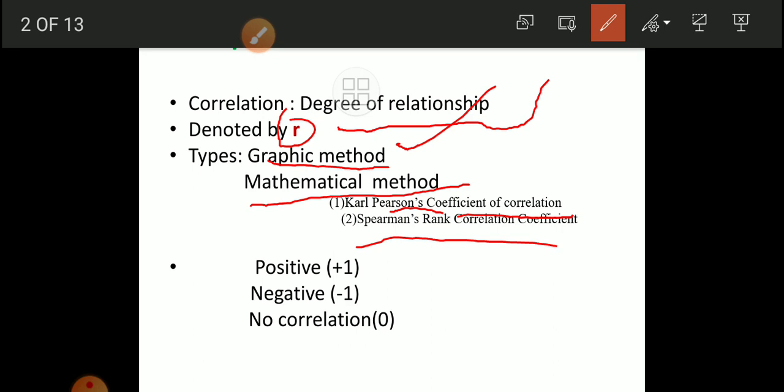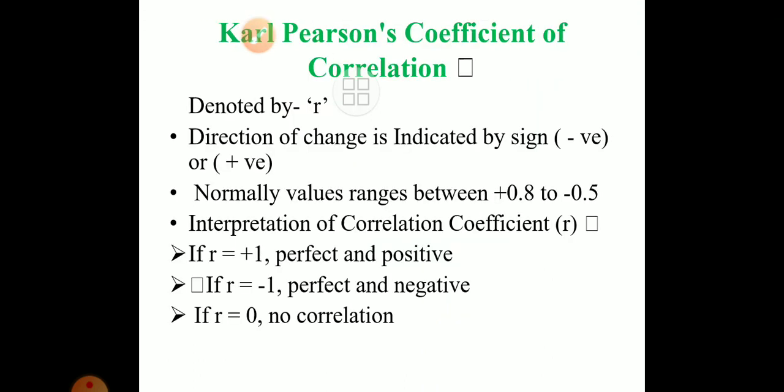Whenever the correlation is positive, as I already said to you, whenever the concentration increases, the germination percentage increases. So there is a positive correlation, then we always write plus 1. Whenever it is negative, whenever the NaCl concentration increases, the germination percentage decreases, that is negative. Suppose the NaCl concentration increases and there is no response, neither increasing nor decreasing, then that is zero correlation or no correlation.